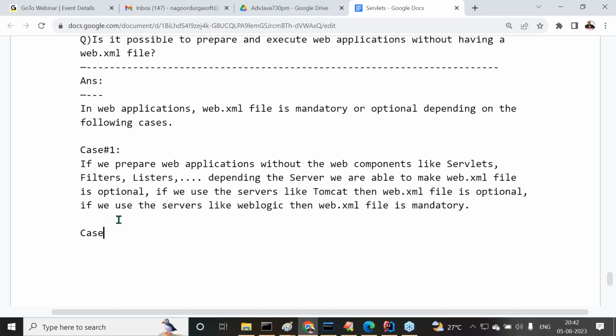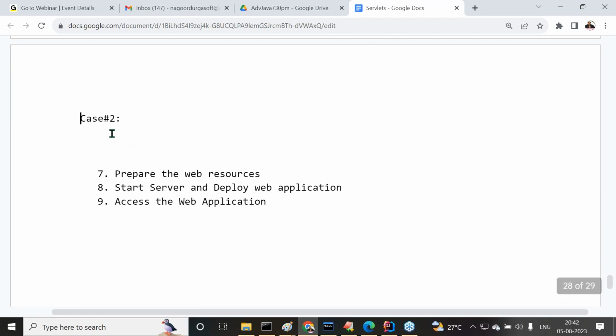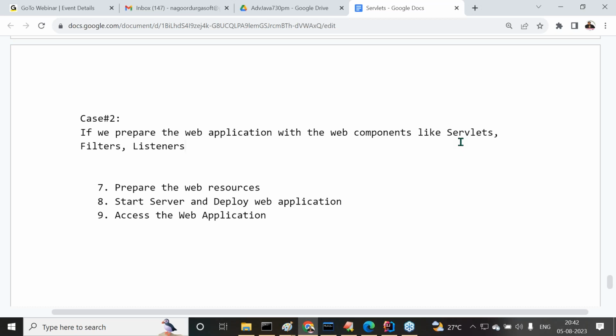Okay, fine. Now case 2. Understand, this is our required case. Now try to observe this clearly. Case number 2: if we prepare the web application with the web components like servlets, filters, listeners, and so on, then